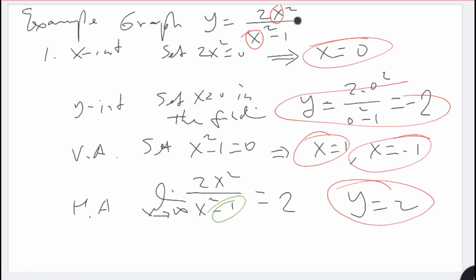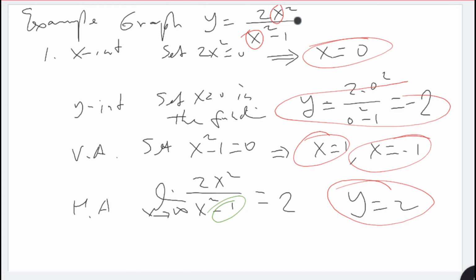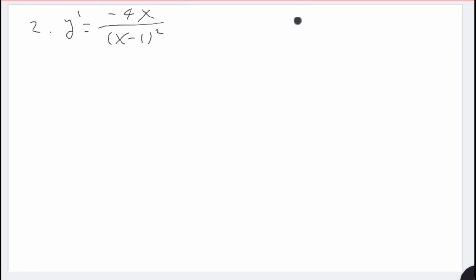Now let's move on to part 2. In part 2, we try to determine increasing, decreasing, maximum, minimum based on the first derivative. So I already found the first derivative function. This is the function. So if we try to find the derivative,